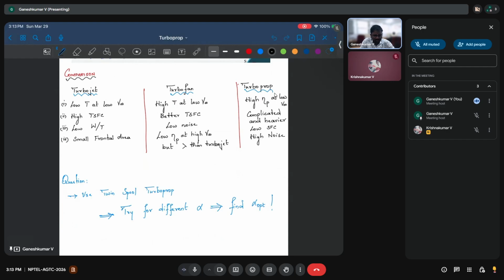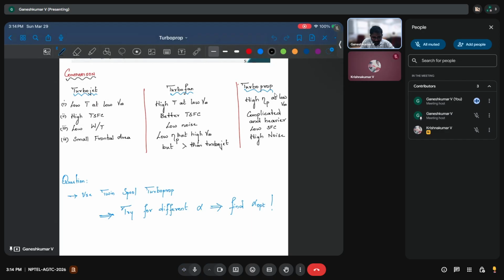The turboprop, you expect it to be slightly lower, but it is sometimes complicated. You can have sometimes lower TSFC, sometimes higher TSFC. It all depends on the power split and the efficiencies of the individual components. But typically you will have lower specific fuel consumption. Okay, the frontal area is small for turbojet, but it is